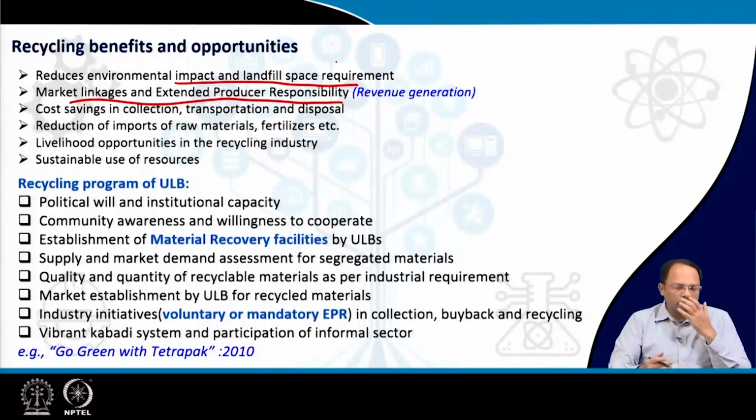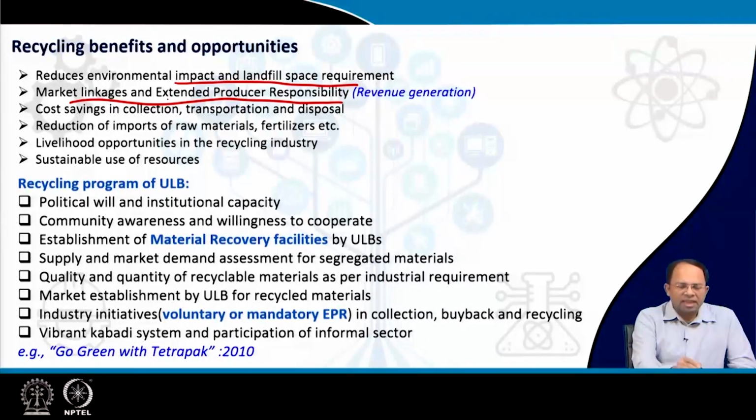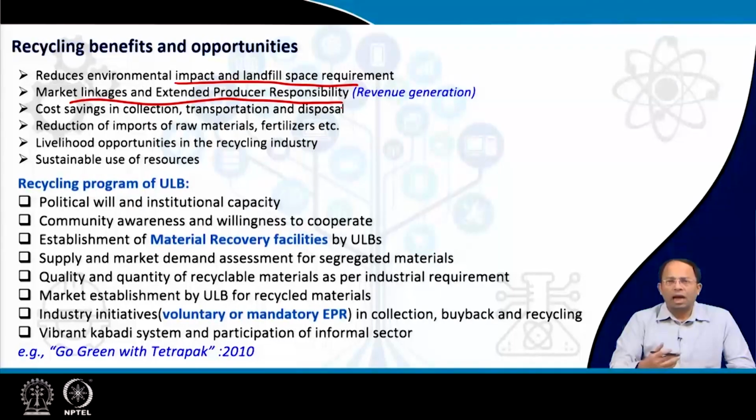If I am not able to sell my product, then there is no point of producing it in the first place. So there are extended producer responsibility programs. We have discussed this earlier. There we make direct contacts with the producers or other companies which can take our product waste directly, and then they can sell it or use it for some other purposes.